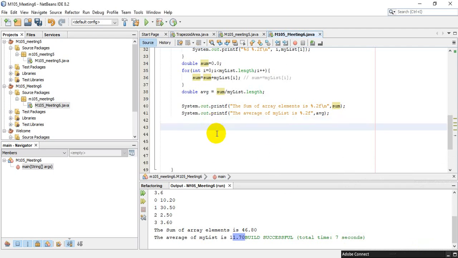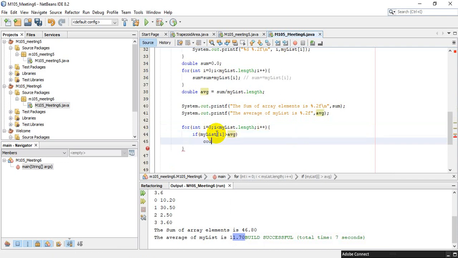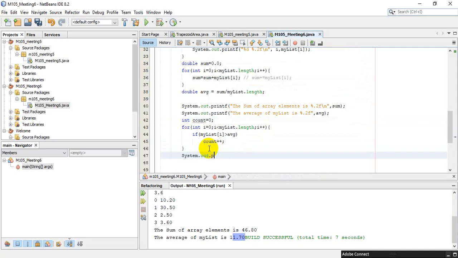Above the average, if you want to find the elements above the average, again we go through the for loop. int i is equal to 0, i less than the mylist dot length, and then i plus plus. Fine. Now we check if mylist of i is greater than the average, then we take a count plus plus. We declare it here, int count is equal to 0. Okay, and we can print it here, System.out.println